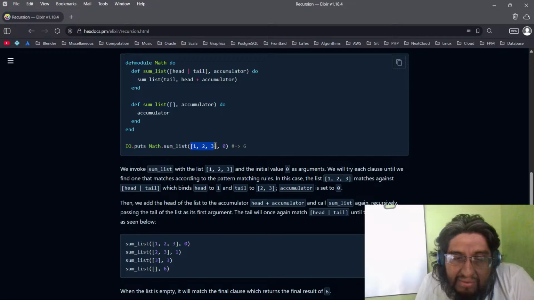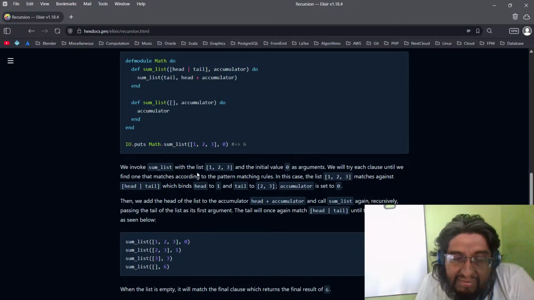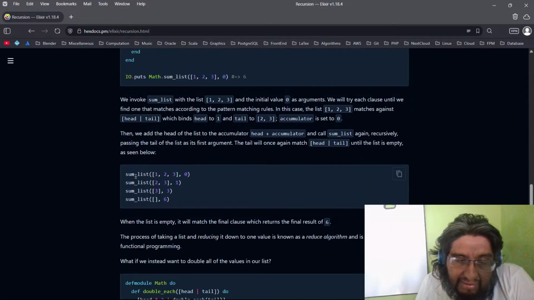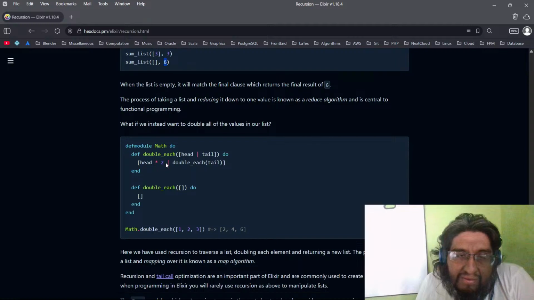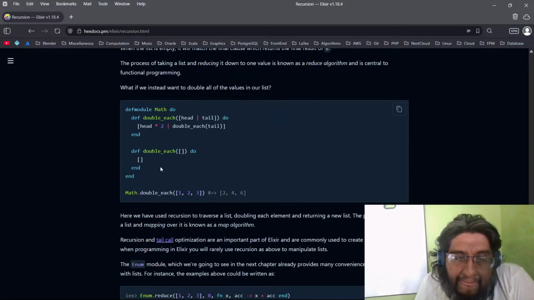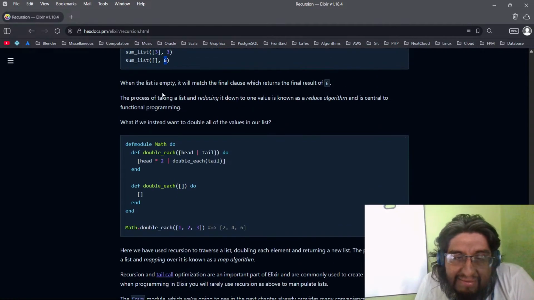And this is how you invoke that function, how you call that function, with the list and the accumulator, and you get 6. You can exercise the recursive calls and see that 1, 2, 3, 0: 1 plus 0, 1 plus 2, 3 plus 3, empty list, 6. You can do it on your notebook. When the list is empty,